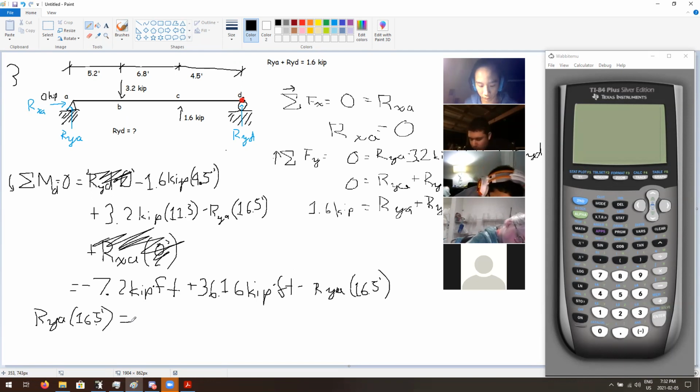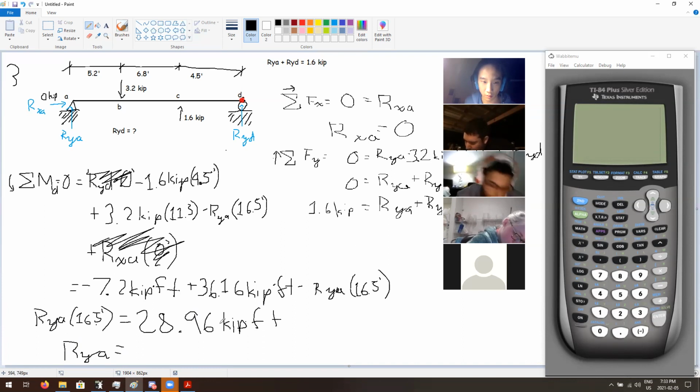I got you. So we add these two together. Negative 7.2 kip feet plus 36.16 kip feet is equal to 28.96 kip feet. Beautiful. Now we divide both sides by 16.5 feet, so we're left with